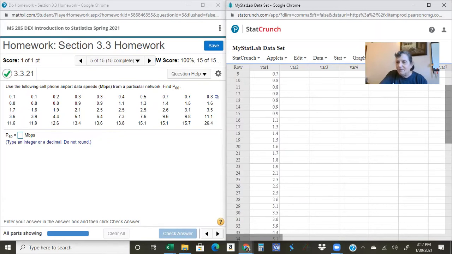Anyway, if we sort them from top down in ascending order so that it starts up here with the smallest number and then gets larger as it goes, then the row number is going to give us the location of that particular number. So if we want to look at 2.5, a score of 2.5,